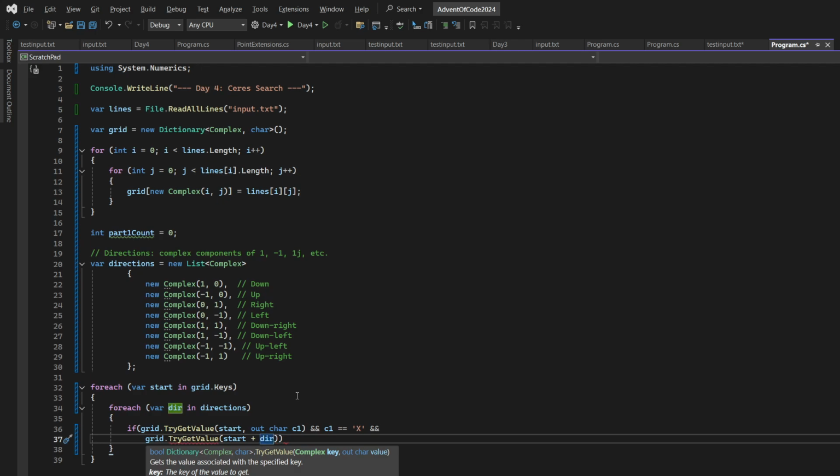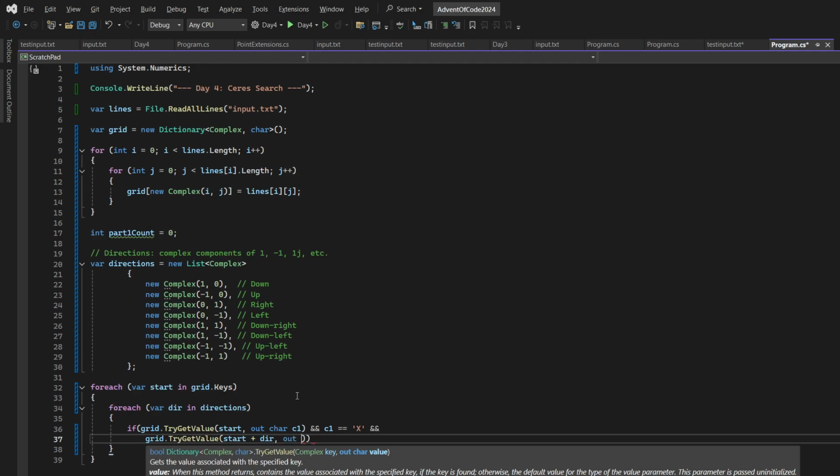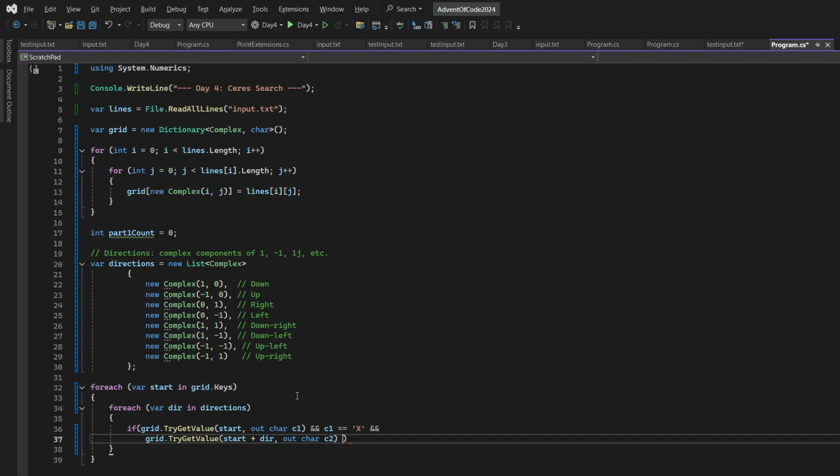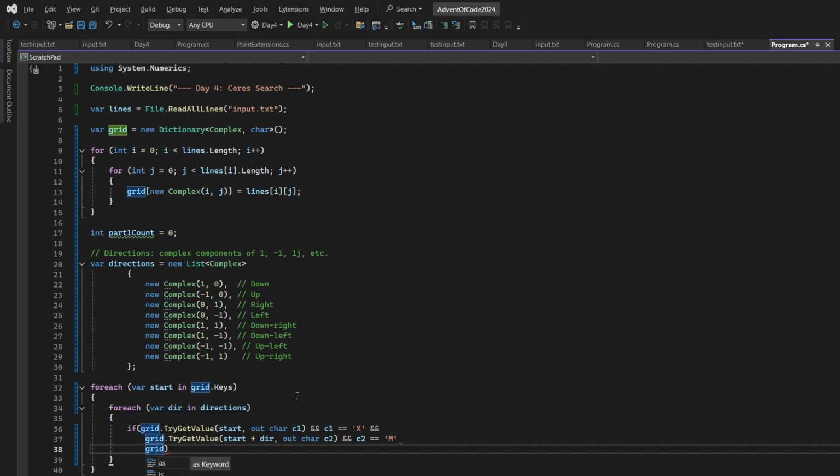So we add the direction to that start coordinate to get the M, and start plus direction multiplied by 2